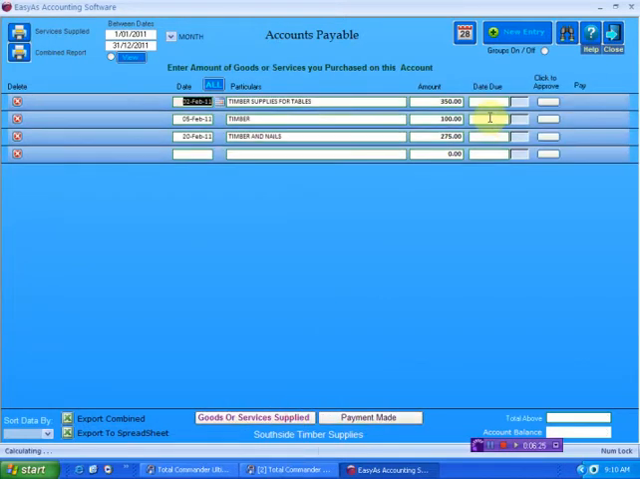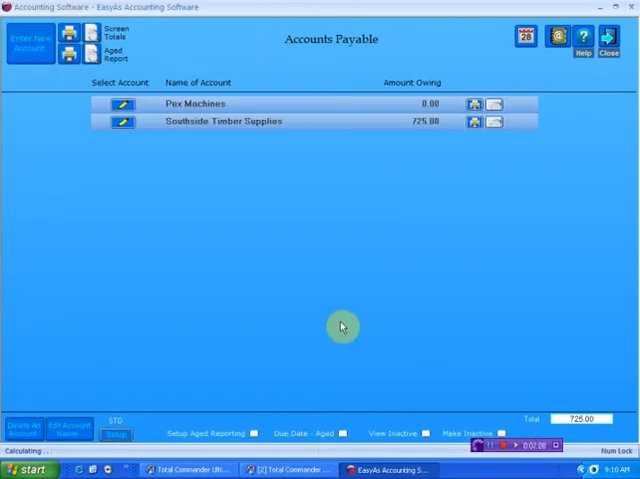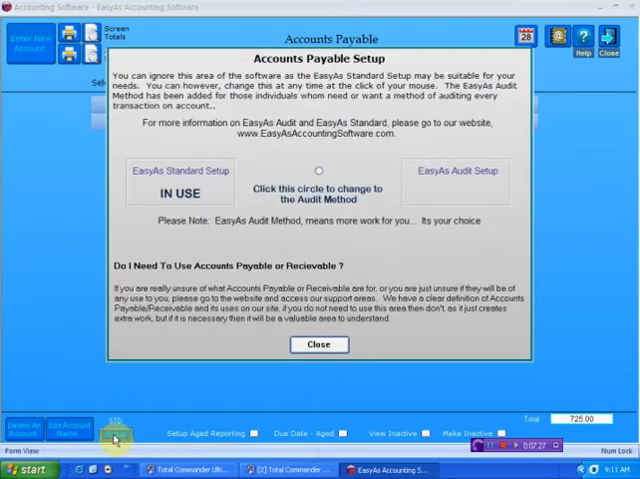The only other aspect I do want to point out, the only thing I want to talk about right now that's common to both screens is this setup icon down here. In both accounts payable and accounts receivable, you see a setup icon. This allows you to set up the accounts payable or the accounts receivable. By default, it's standard. So you can leave it as standard, or you can set it up and change it